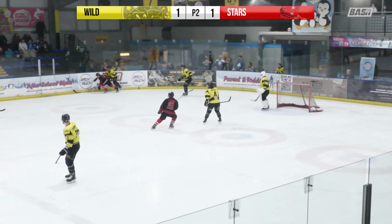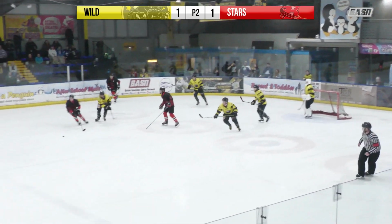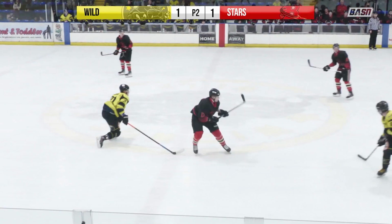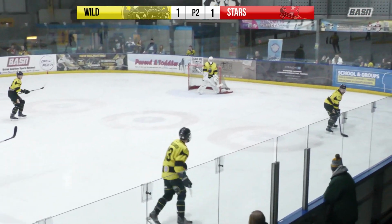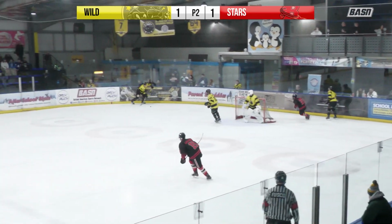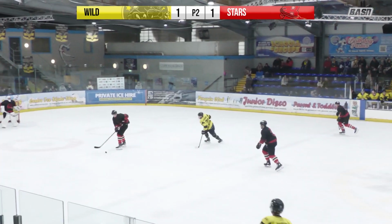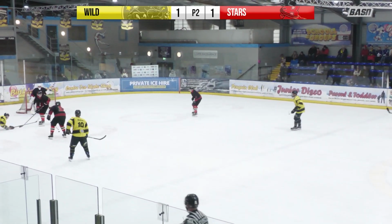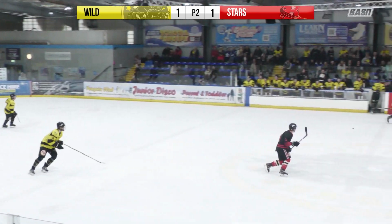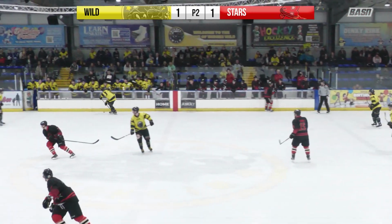This game's got everything, George. End-to-end action here, and the hits are flying as well as Galloway lays one on Volkanov's, and Volkanov's turning in his own zone. Backhands one out, but it wasn't enough to reach Charnock. Could it be Billingham frustration starting to boil over, or did they feel that they're trying to stop the Wild getting back into this game now? A long stretch pass to Charnock. He couldn't control it, and Billingham now clear the zone with a long backhander,